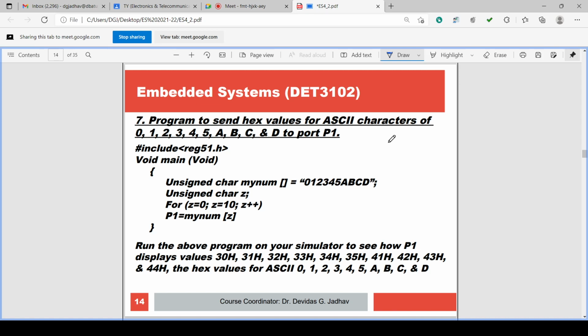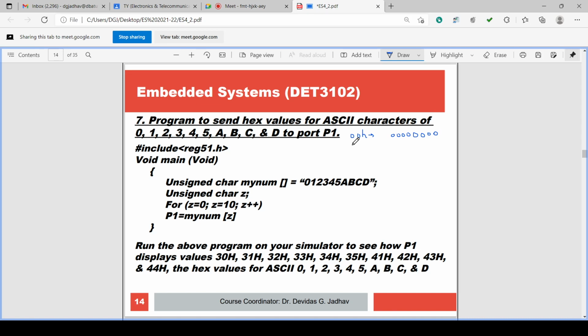So I will write hex value 0, 0, H; the binary value is 4 zeros, 1, 2, 3, 4, and one more 4 zeros, 1, 2, 3, 4.